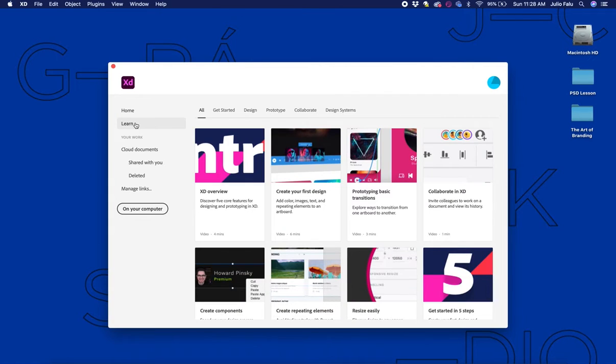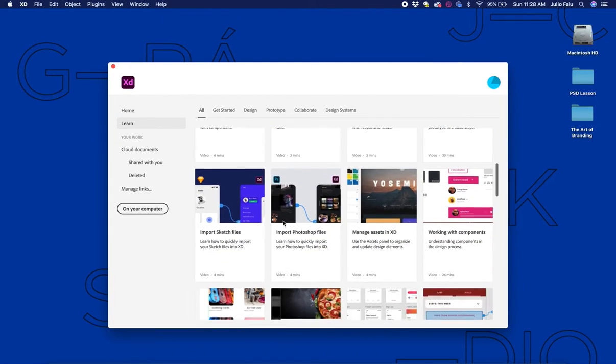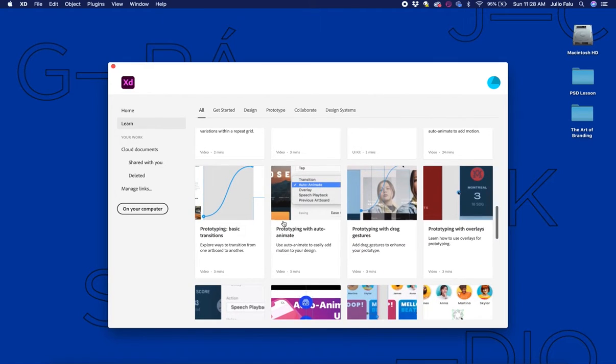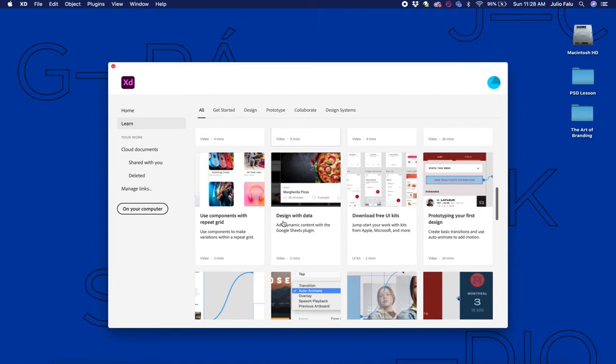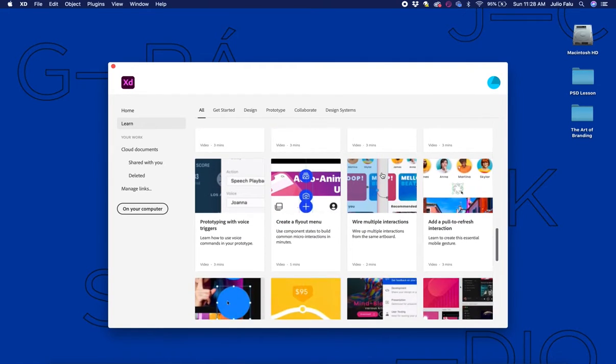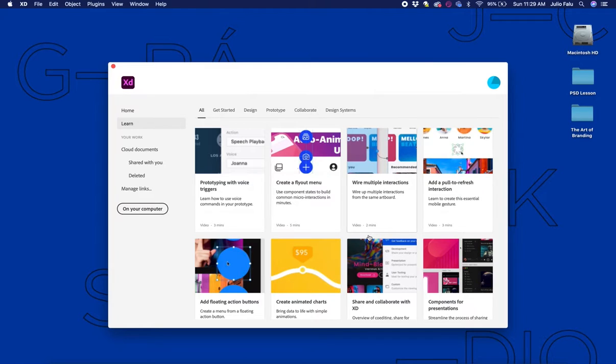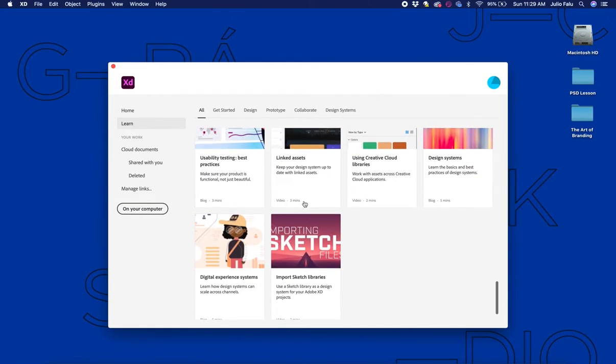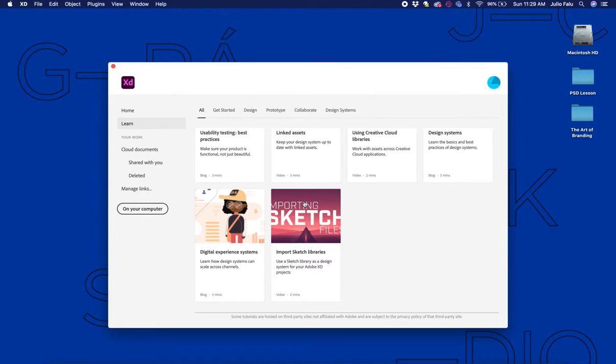There's a learn window with lessons on how you can create basically anything from assets, basic prototyping, animating, overlays, where to download free UI kits, which is what we're gonna do today for our digital wireframe, how to create voice activated triggers as well, animated charts. So already whatever you guys need to do here on the learn section, and it's categorized by